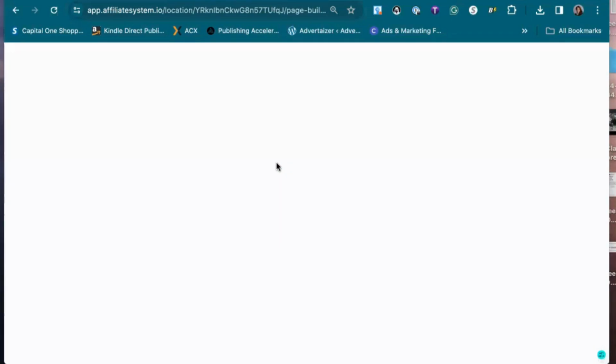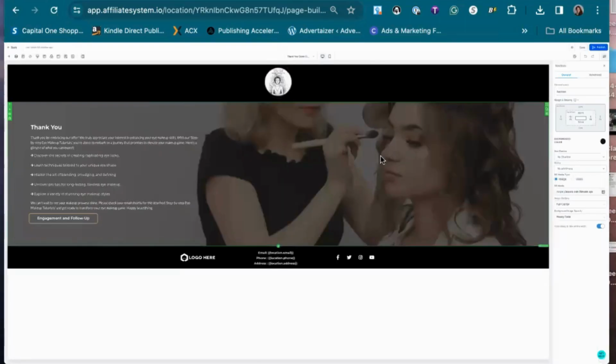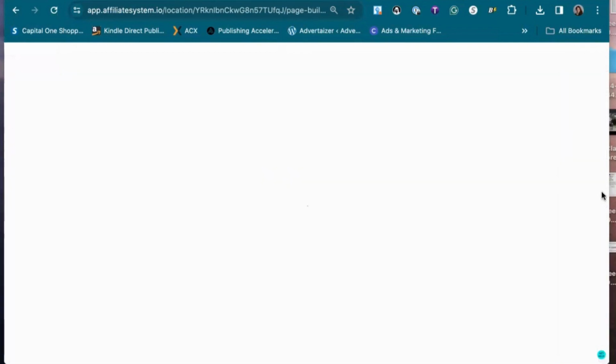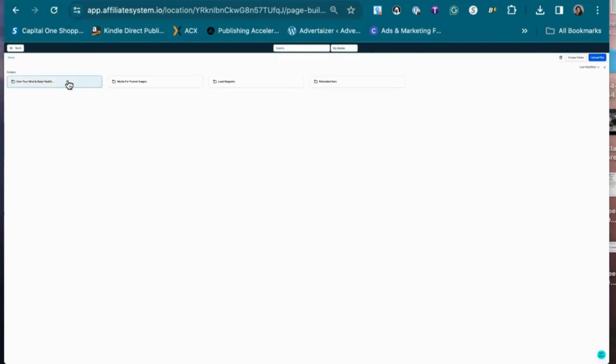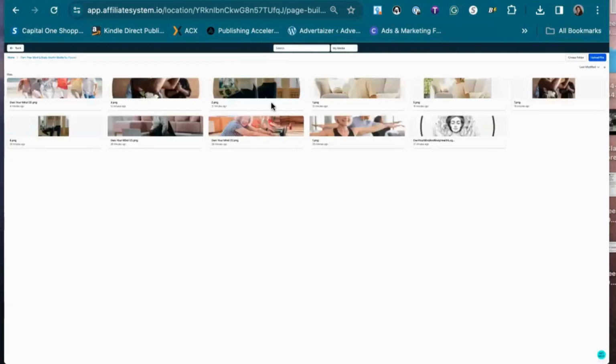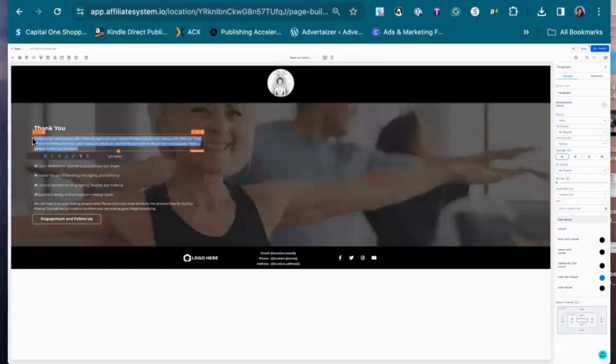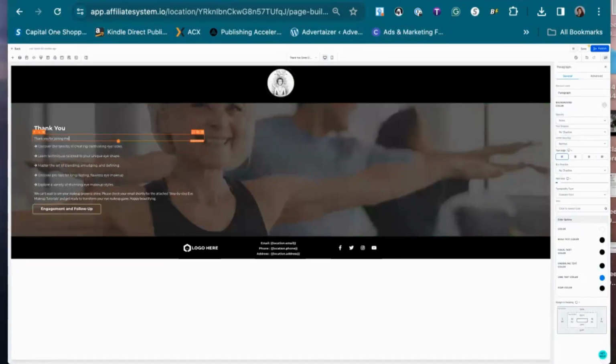Once they opt in, it'll lead them to this page, which will really be kind of, thank you for subscribing, make sure you check your spam folders and all that kind of stuff. So then again, we're just going to pick an image that we like. And we can just use one of those other images, might look better here on this page, like this one. Thank you for joining the 5-day challenge. You will receive an email each day for 5 days with a video and instructions on how,